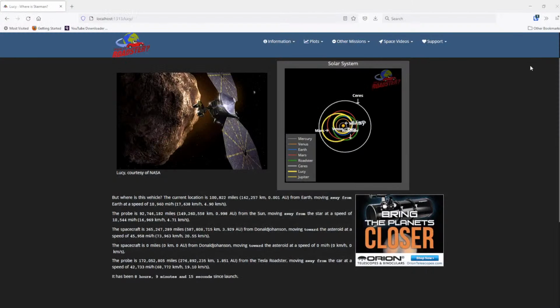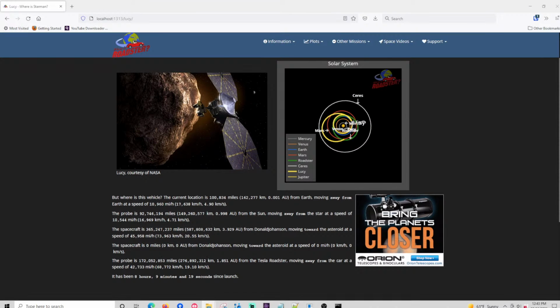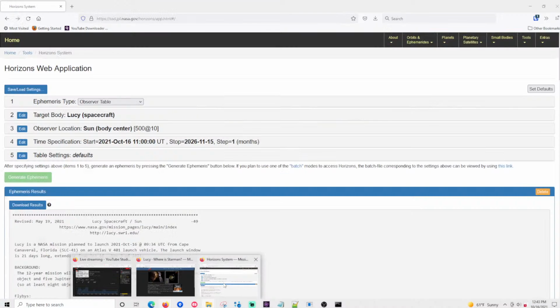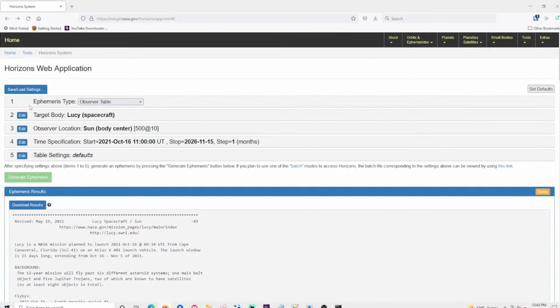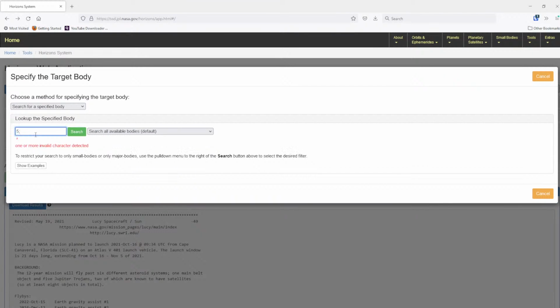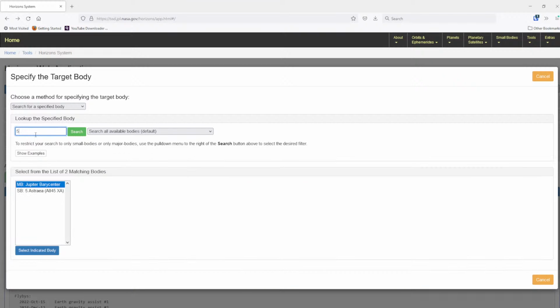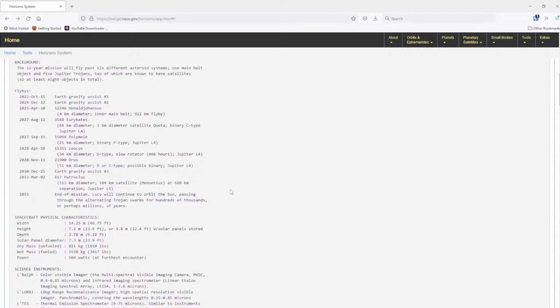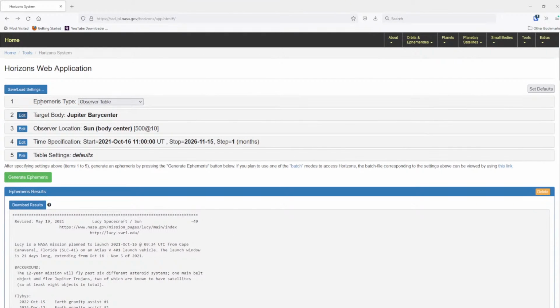What I need to do, so this is the binary file, which is an utter mess. Okay. So I'm going to put edit 5 colon in here. Let's just say 5. Jupiter Barycenter. Which isn't really what we want. We want